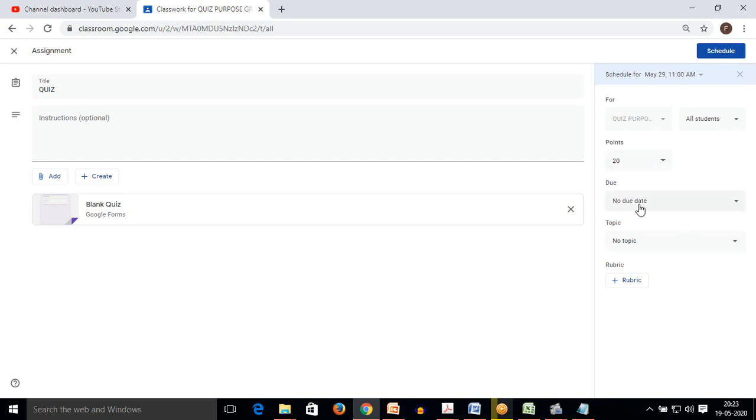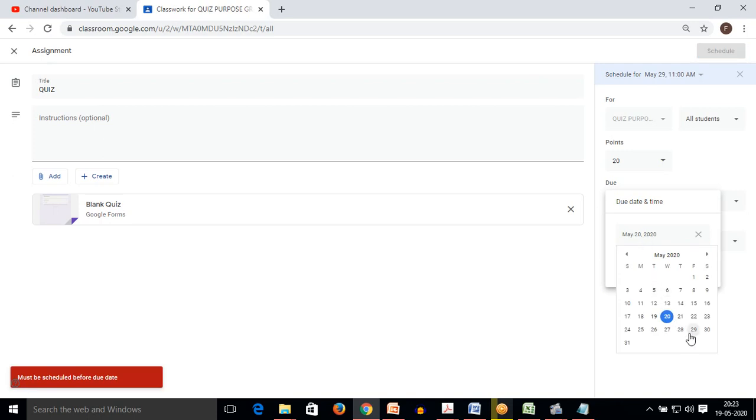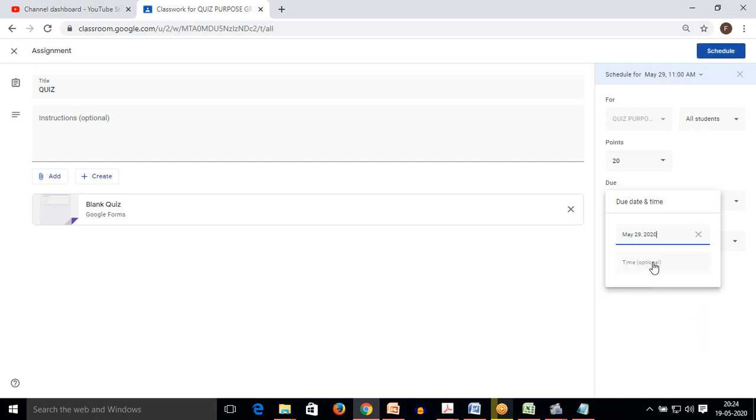Now coming to the next tab, that is due. No due date is written here, but I want to assign a due date. As I have scheduled it on 29th of May at 11 AM, I will go to 29th of May and allot them 30 minutes.